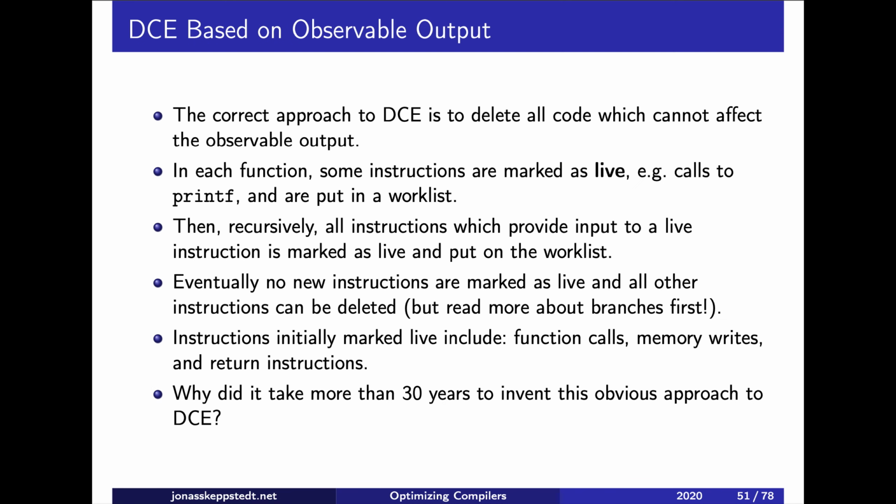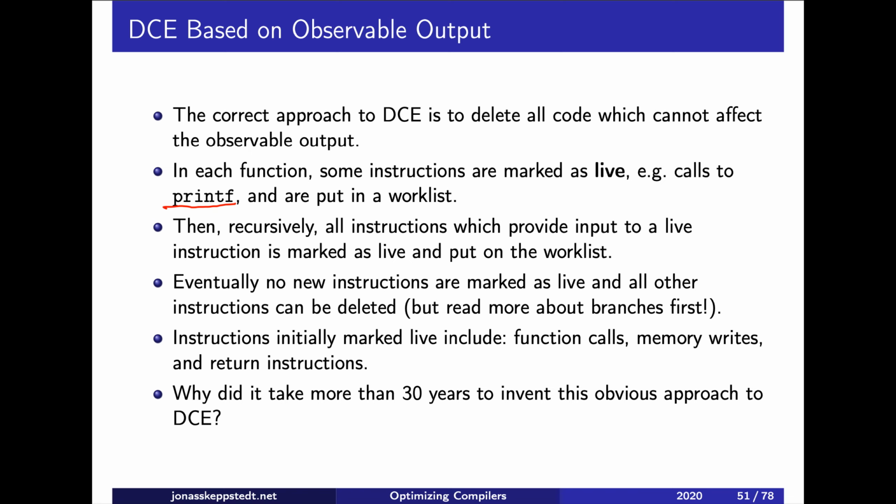So what is to do now? Well, considering that we have this rule, but that's an exception, dead code elimination based on observable output works as follows. First, we mark all statements that can affect output. And what can affect output? Well, clearly a call to printf or an assignment to a global variable,